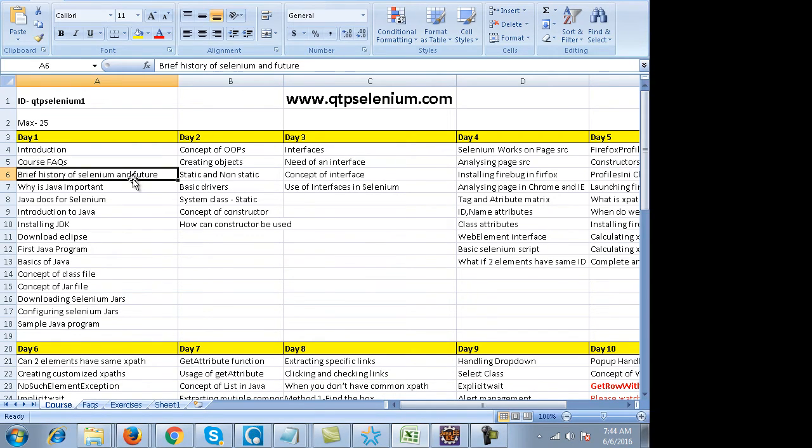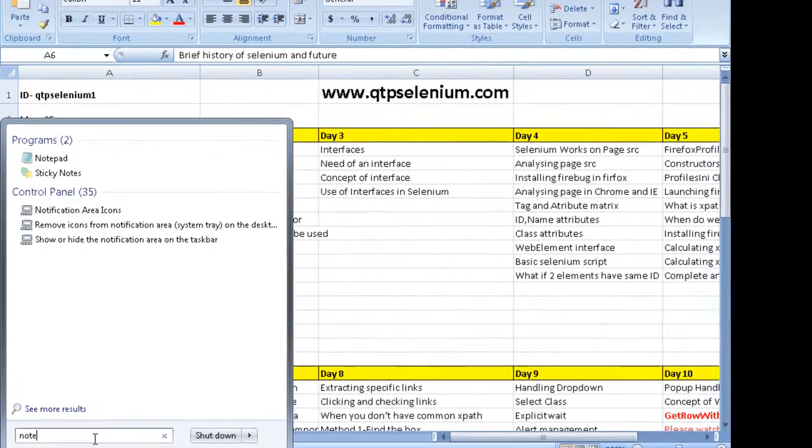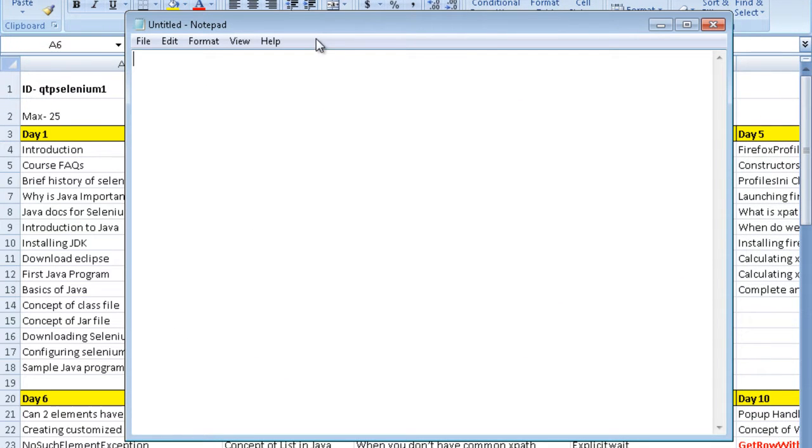This is one of the major questions everyone has before actually investing time and money on this tool. Should I learn this tool? Won't it get obsolete in the market or something? Look, if I talk about the history of Selenium first, when I worked on this tool